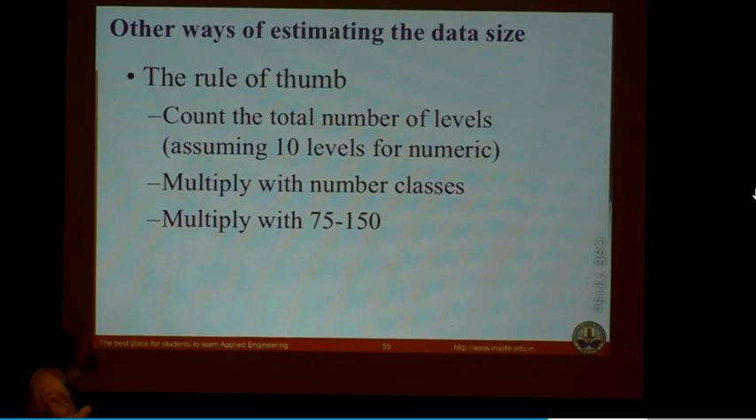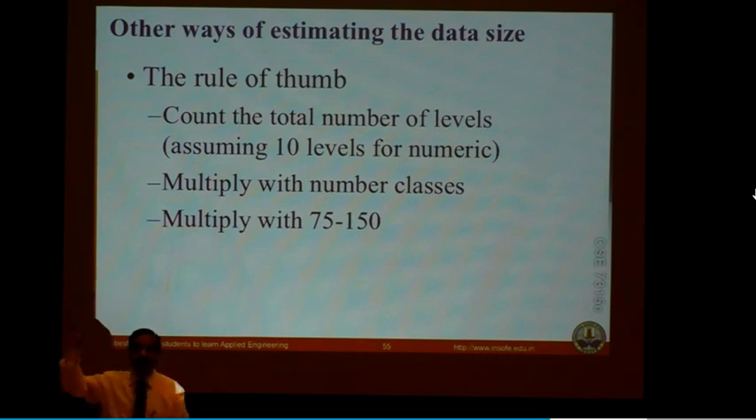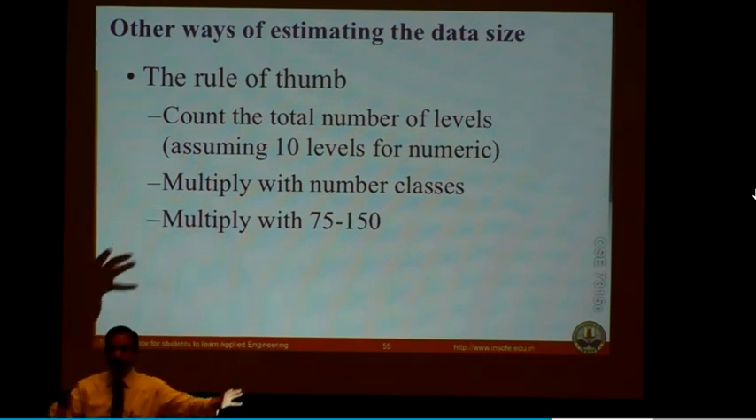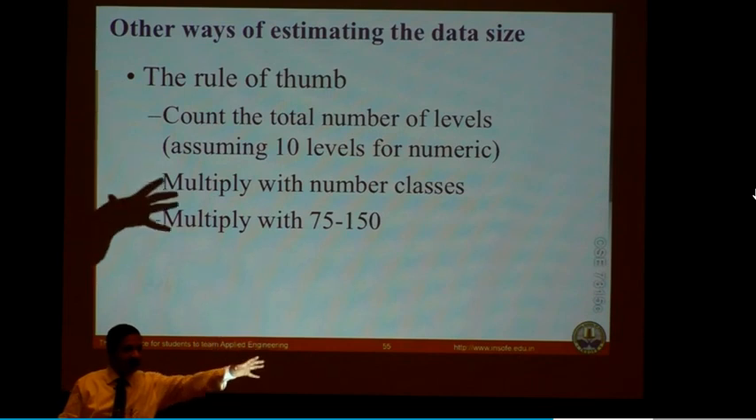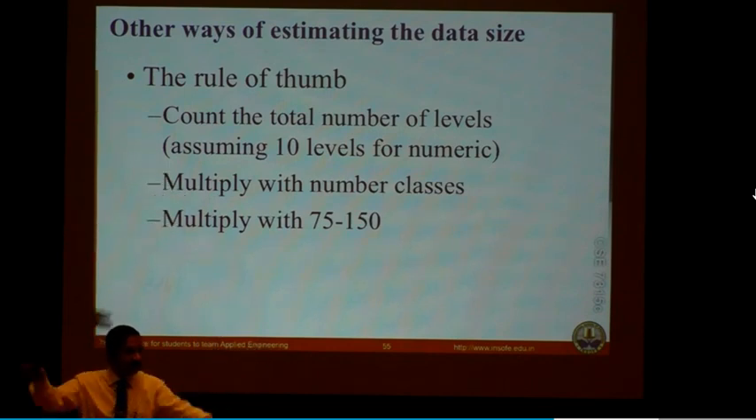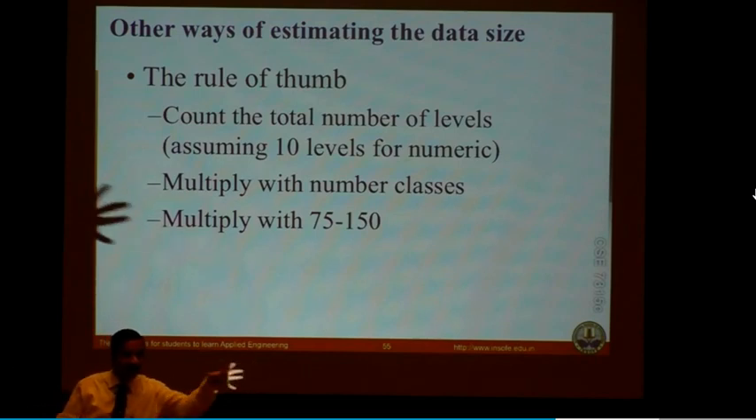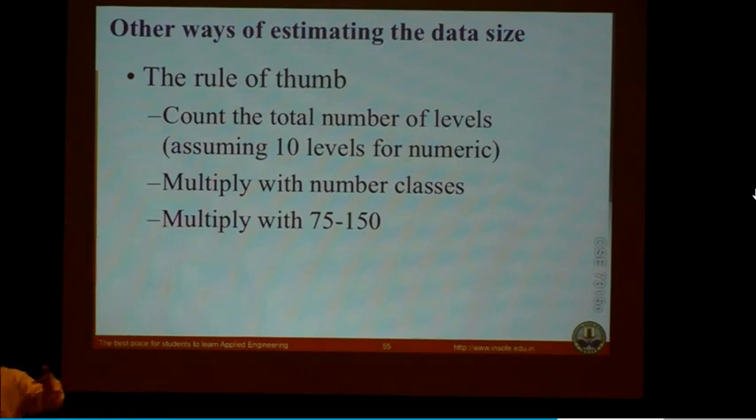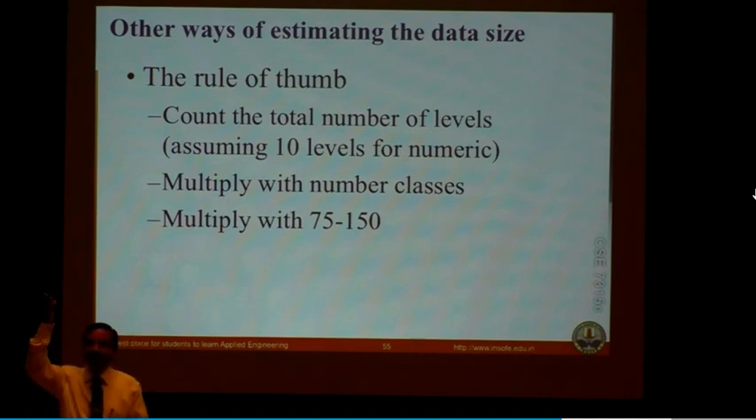Some random things. Then multiply with the number of classes. Classes means the dependent variable. Will not buy, will buy. Will have a high risk of heart attack, low risk of heart attack. 2 classes. High value customer, medium value customer, low value customer. 3 classes. I just multiplied that number with the number of classes and then multiply it with a random number between